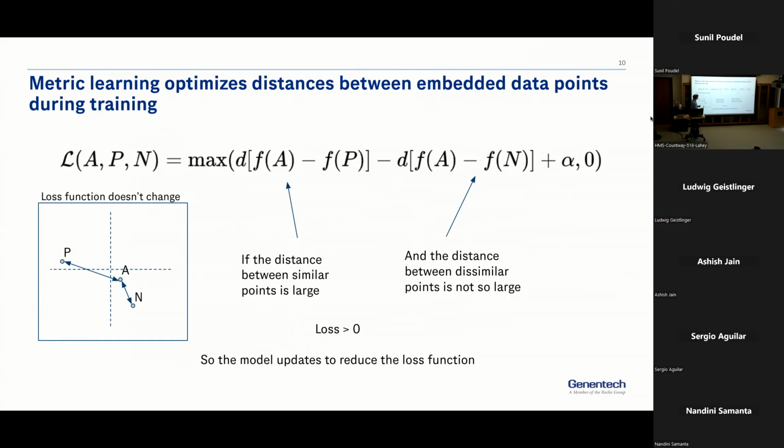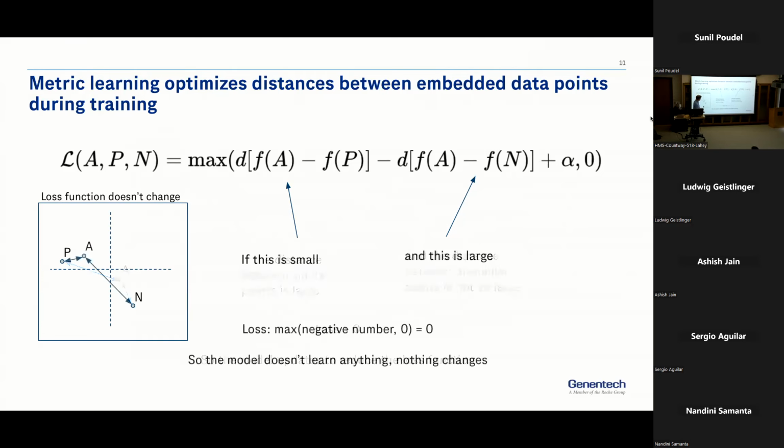Then you get a large quantity here, and you take the max of a large quantity and 0, so you get that large quantity, and you add this to your loss function. So basically penalizing the neural network when this instance occurs. In the other example, when you have your anchor and positive close together, so these are the two Obama images, and Jason, my coworker, is like an outlier, like he should be compared to the Obama images, then this quantity is small, this quantity is large, you get a negative number, you take the max of the negative number and 0, and then you basically add nothing to your loss function. So basically, at that moment, you're telling the model everything's good, you don't need to do anything.